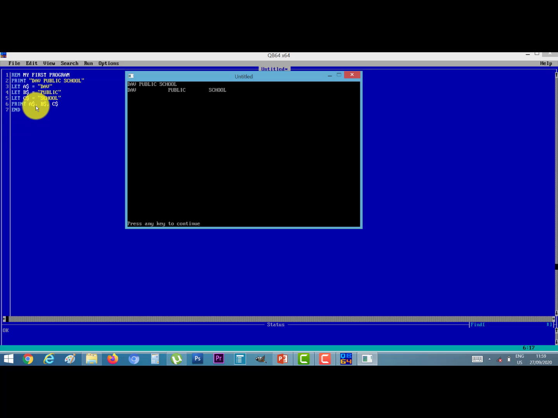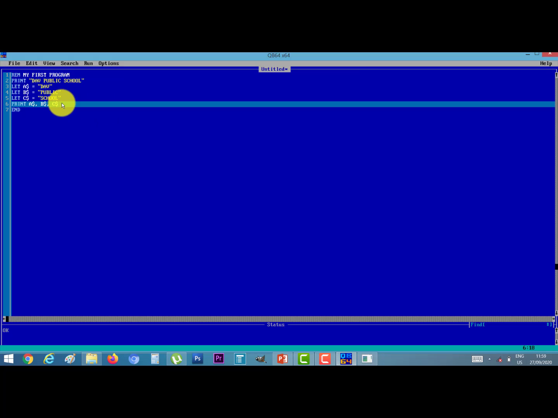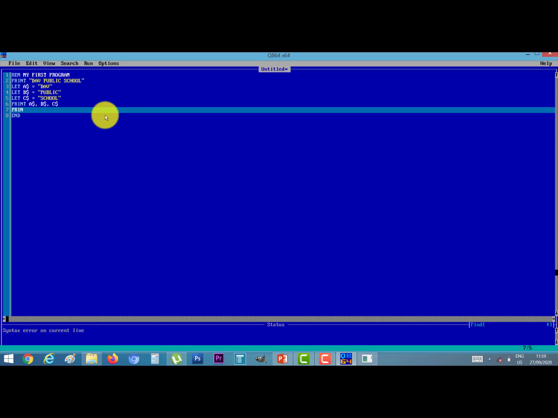If I want to delete this gap, then I type here PRINT a; semicolon, space b; semicolon, space c, and press the F5 key.